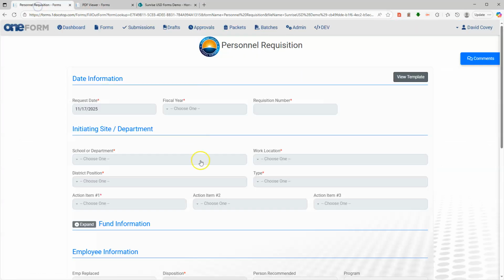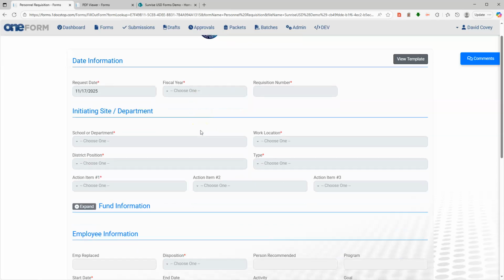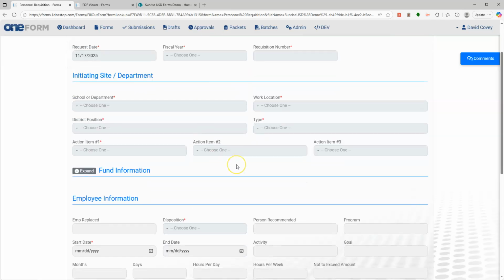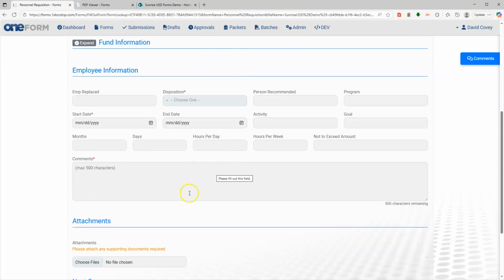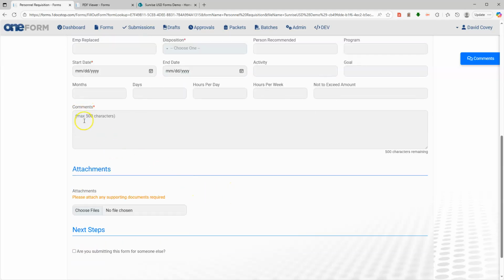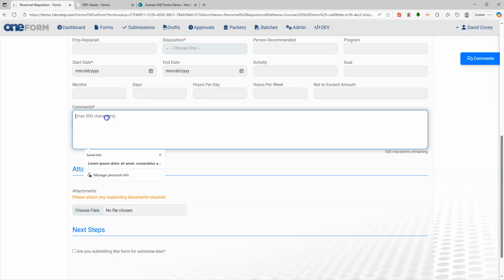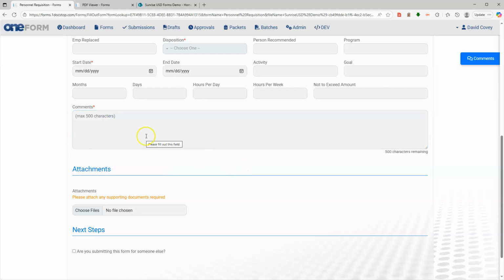If we go back to the actual form, all you have to do is fill out the form. It's very simple, but there are things that we do to make it more user-friendly for the initiator or even the people doing the approval flows. You'll notice here in the comments section, for example, it says max characters 500. This shows the characters that are remaining,